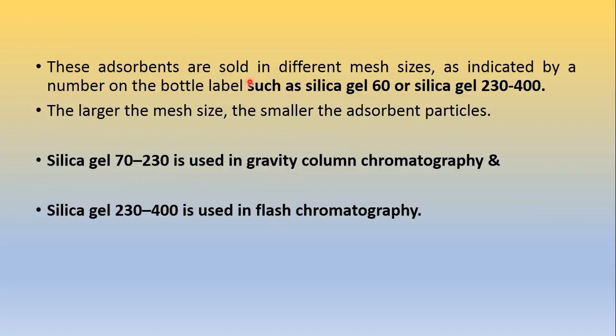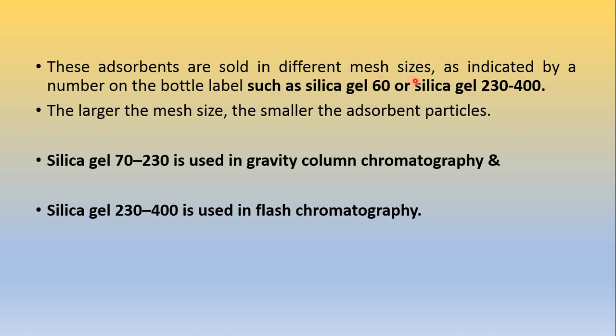these adsorbents are sold in different mesh sizes. This mesh size actually shows the surface area of that adsorbent material and the particle size of that adsorbent material. If the particle size is low, then during packing of that column, per unit area of the column shows a high pore number. Per unit area high pore number means that the material has high mesh, that is called high mesh.